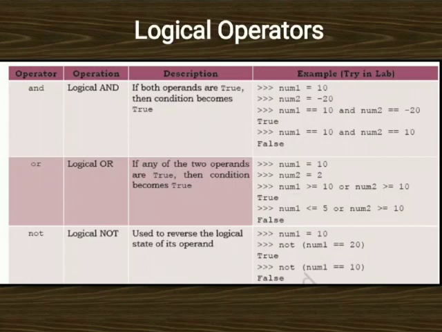Next case, we will consider num1 is equal to 10 and num2 is equal to 10. In our case, the value for num1 is 10. Just have a look at the first expression. 10 is equal to 10. Yes, correct. And is the logical operator. Next we have written num2 is equal to 10. Num2 value is minus 20. Minus 20 is not equal to 10. So in this case, the result of the second expression is false.